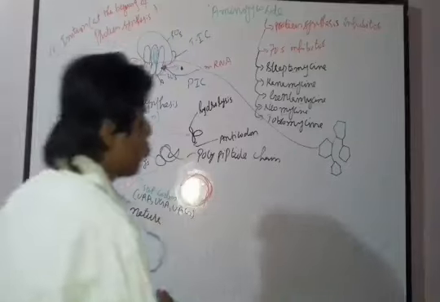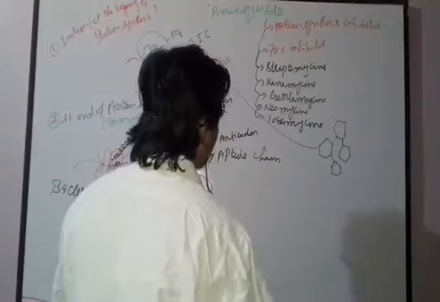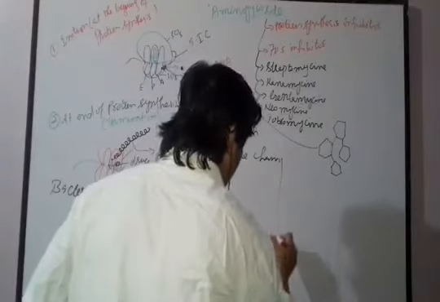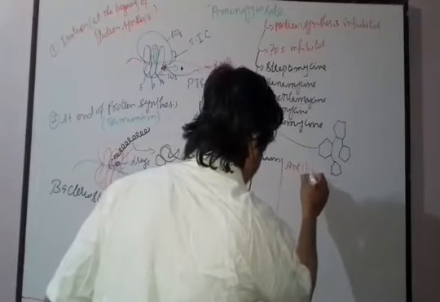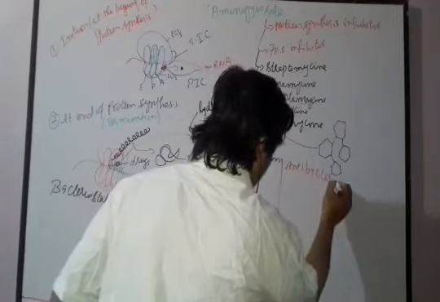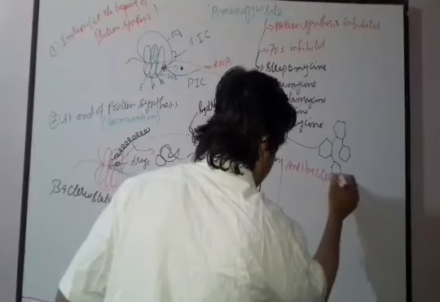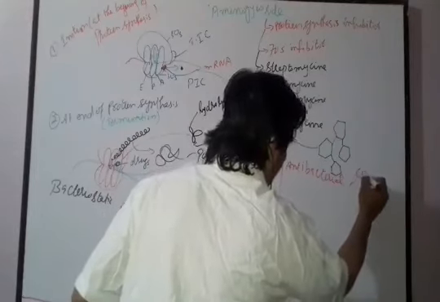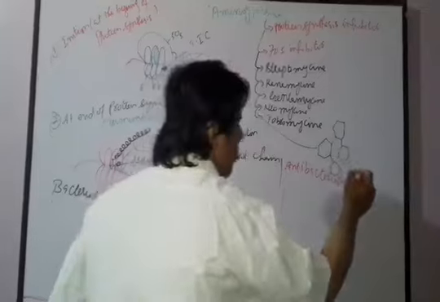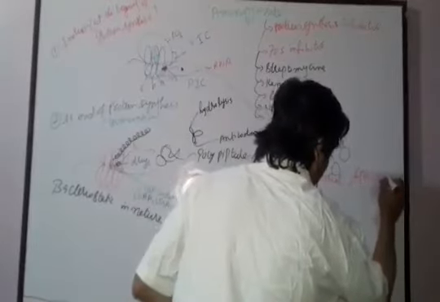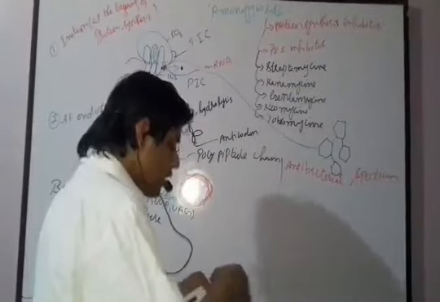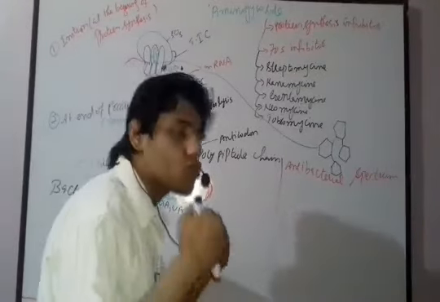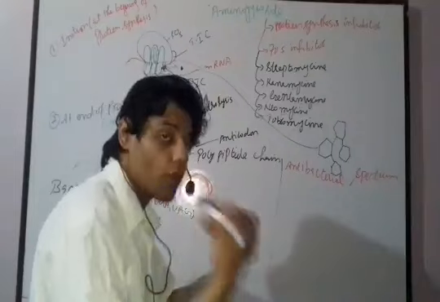Now, what is the antibacterial spectrum of these drugs? Antibacterial spectrum, or we can say broad spectrum as well. What is the antibacterial spectrum of these drugs? These drugs are active and show good results